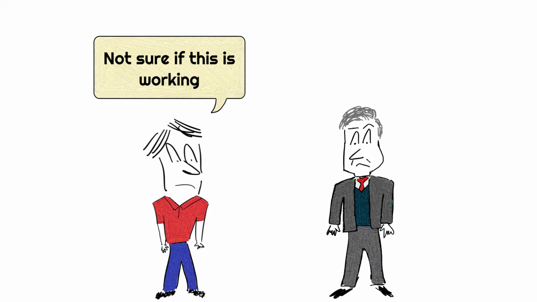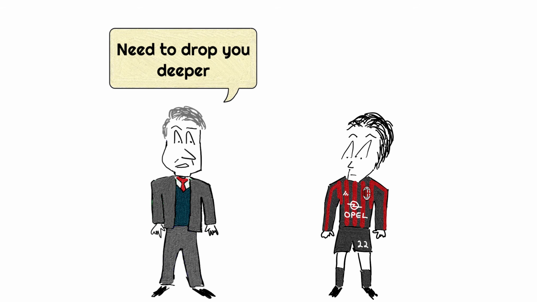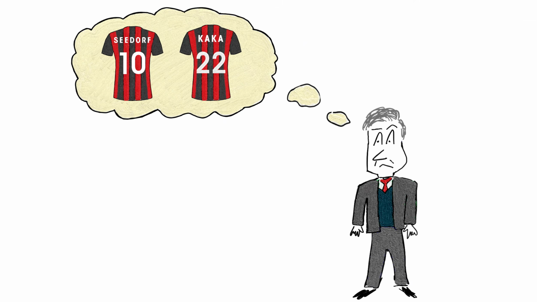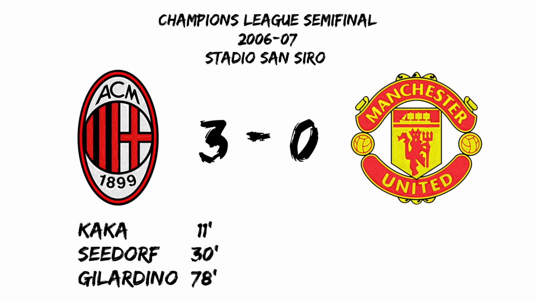There wasn't any consistency in the results, but it all started to click when Ancelotti dropped Kaká a little bit deeper, where he could better use his pace and elegance on the ball. Because why have one number 10 if you can have two? Right? Ancelotti paired Kaká and Seedorf to devastating effect during that season, and it worked brilliantly well. And a shining example of it was when Milan outplayed Manchester United in San Siro, when they both scored in a 3-0 win to reach the Champions League final.